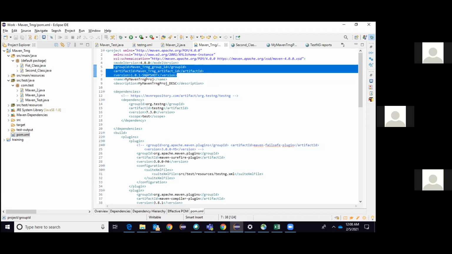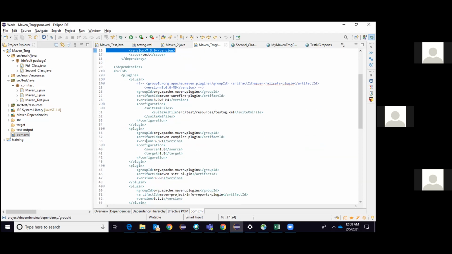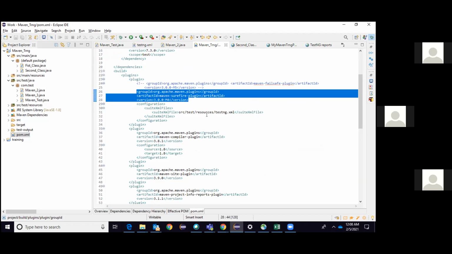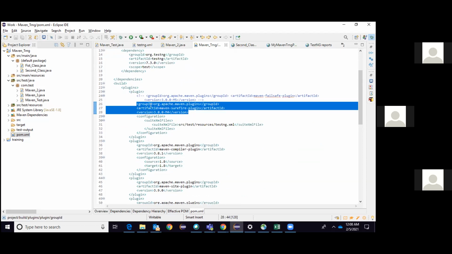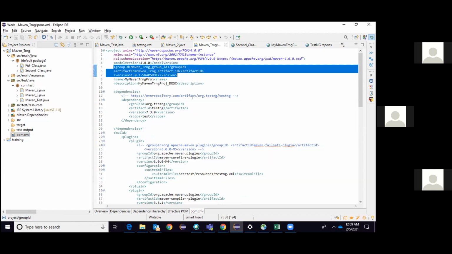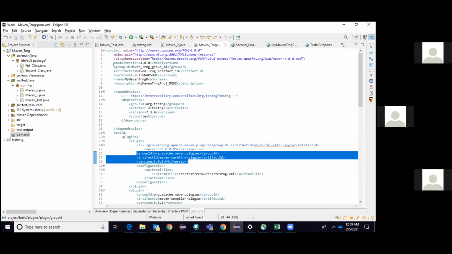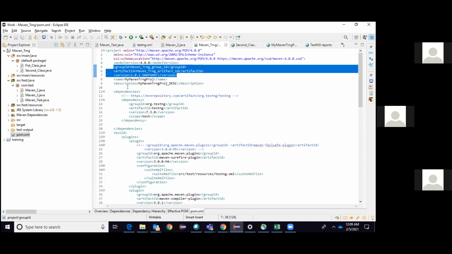Over the last week we were working on Maven and you have seen many dependencies. The same thing you can see here also: the group ID, artifact ID, and version. In the plugins also, you can see the group ID, artifact ID, and version. Why do they have the same names? Here also the same names, and the project which I created has the same names too. What is the difference? Some super duper guys have written these plugins and we are using them, while here we are writing a simple project. So why are these names the same?